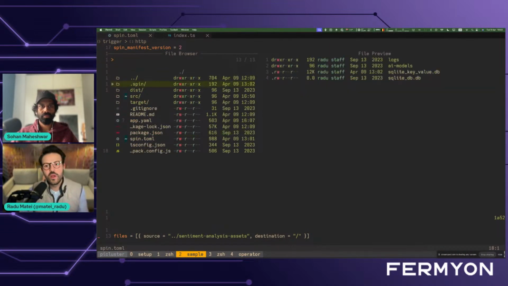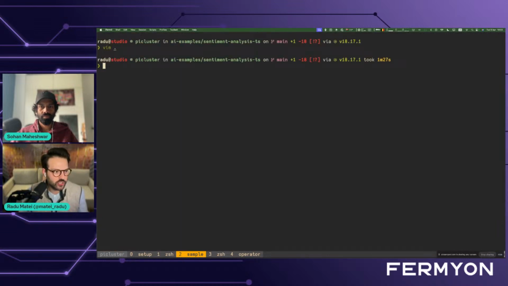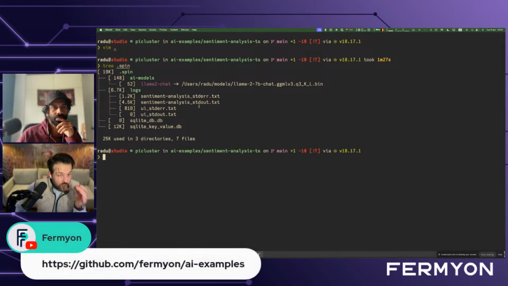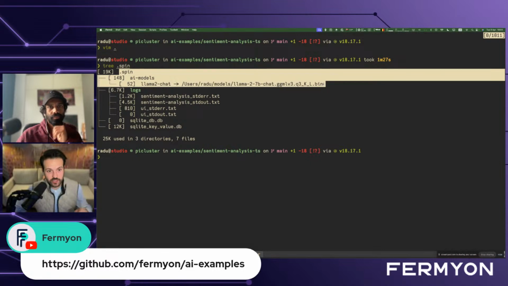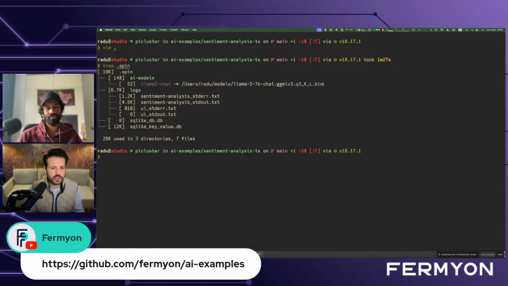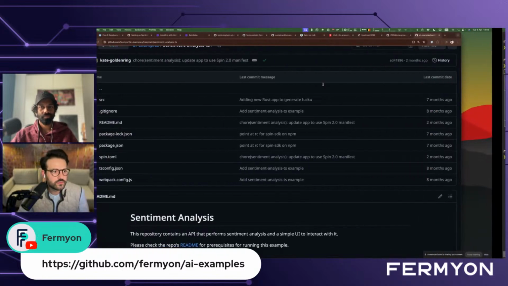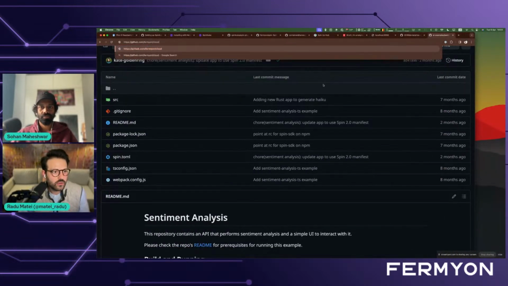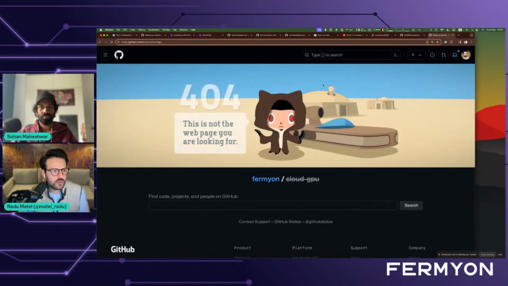model. So if you were to run this application locally, you would have to provide a Llama 2 chat model. In this case, if I want to run it locally, I can point it to something like Llama 2 7 billion chat. I'm not going to run it locally because it's going to take a bunch to execute. But as Sebastian hinted at, cloud GPU, spin